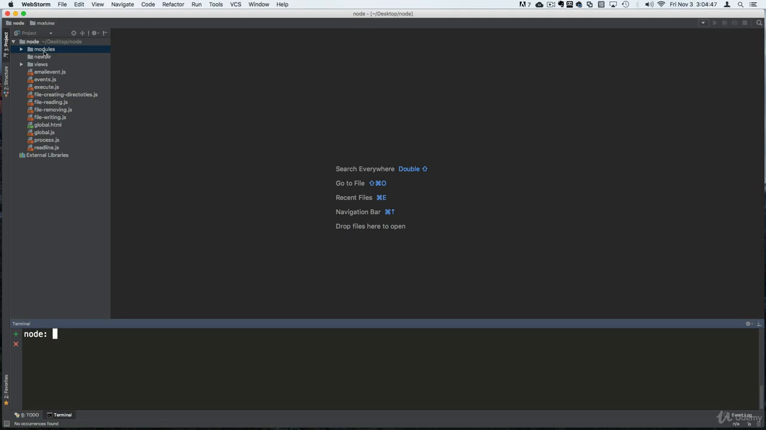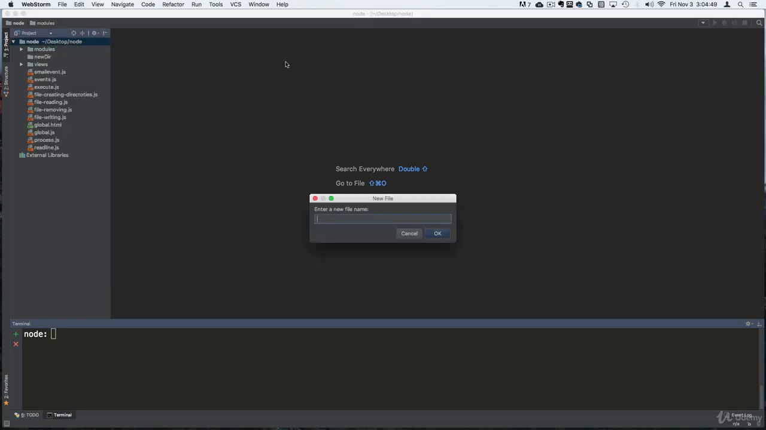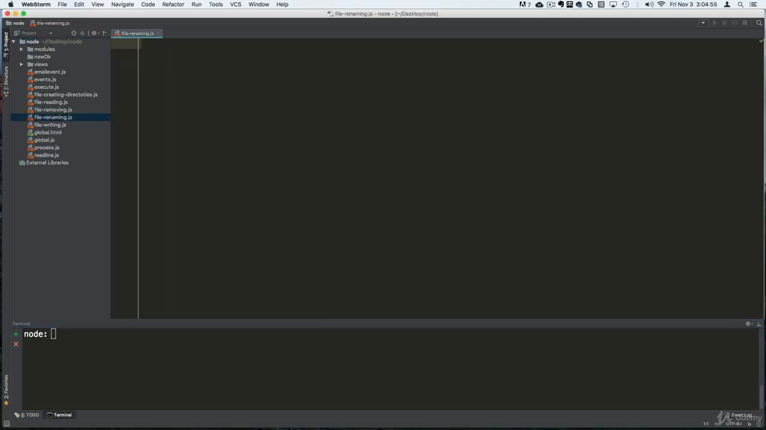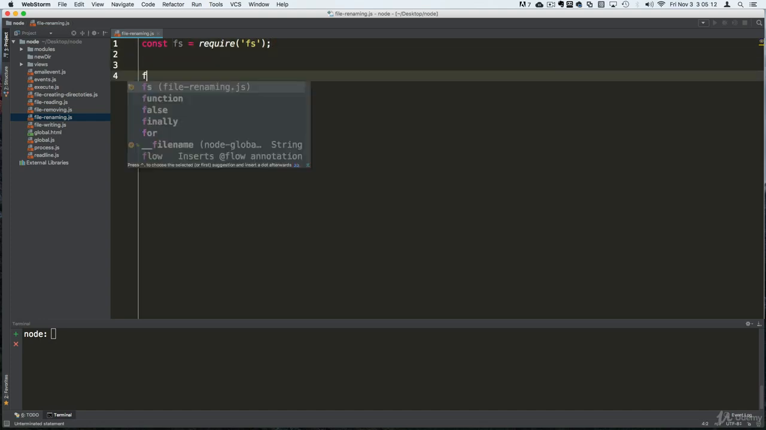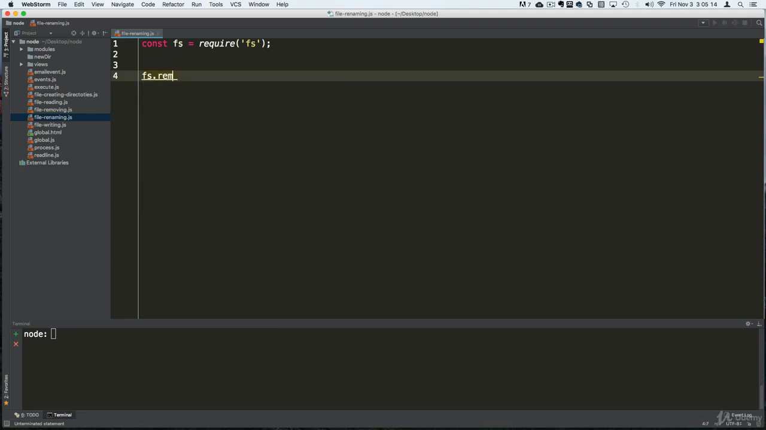So let's create a file here. Let's call this file renaming.js. Okay, and don't worry too much about this. Again, naming is not the best. Okay, let's require this and let's just play around with it. So we can use this function here called rename,